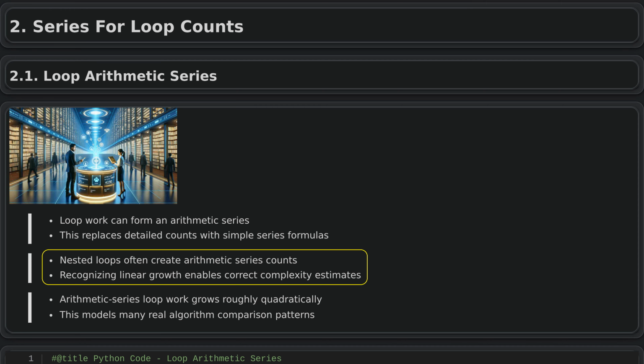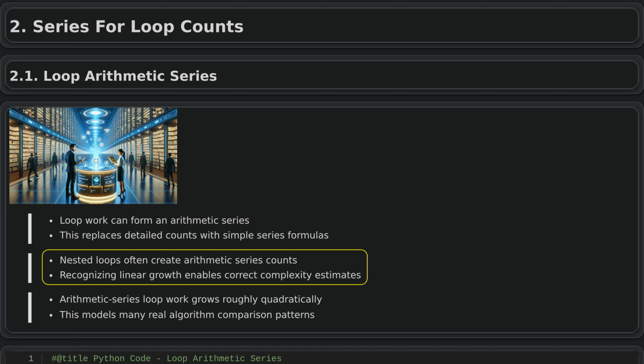Arithmetic series are important in loop analysis because they describe how work can grow in nested loops, where the inner loop runs a linearly increasing number of times. For example, if the inner loop runs once on the first outer iteration, twice on the second, and so on up to n times, the total work forms an arithmetic series. Similar patterns appear when algorithms gradually expand a window over an array or build triangular structures. In all these cases, the total work is the sum of a linearly growing sequence, which is essential for accurately